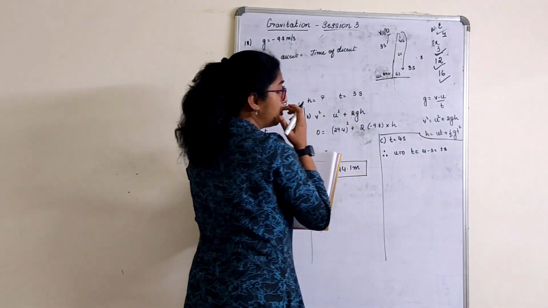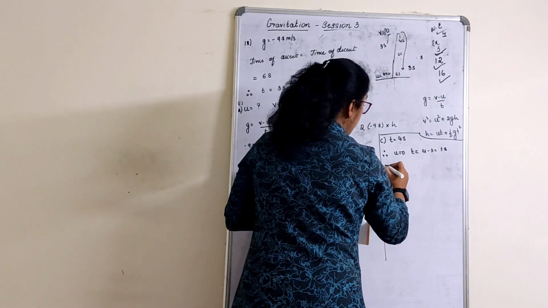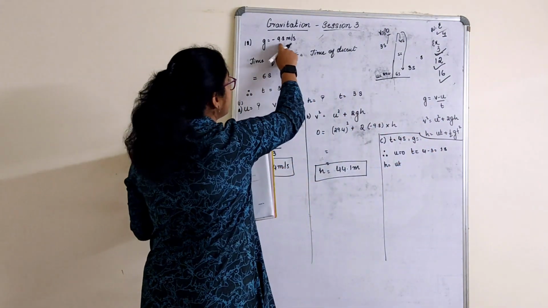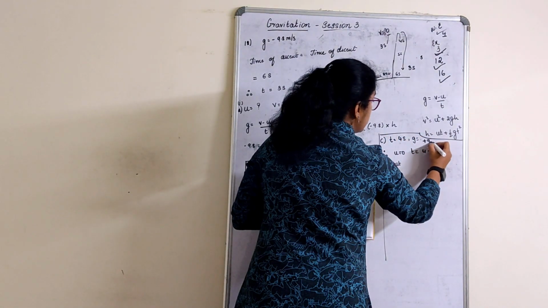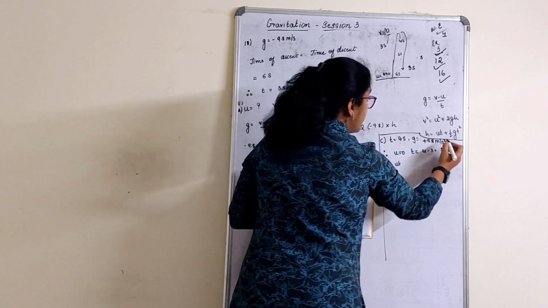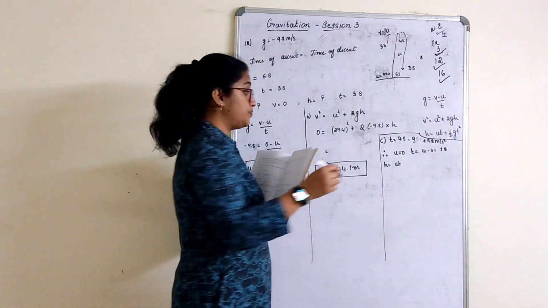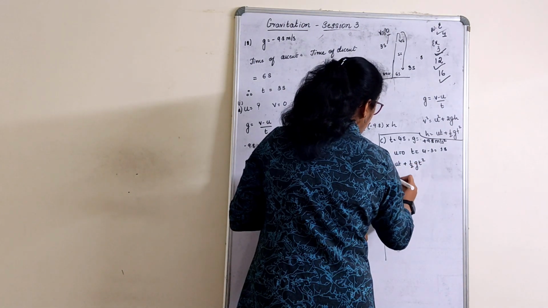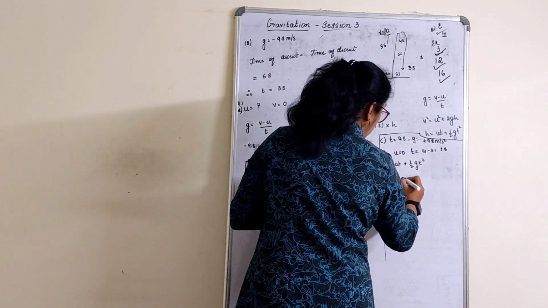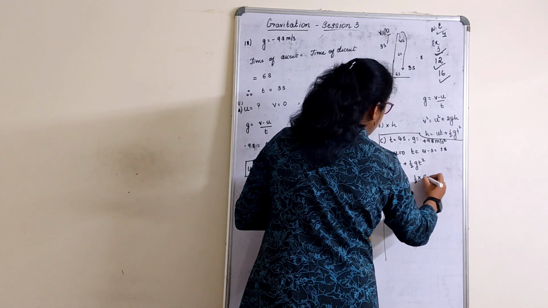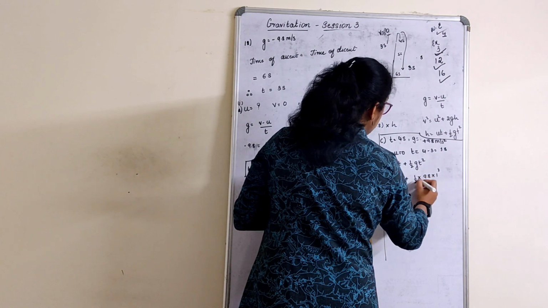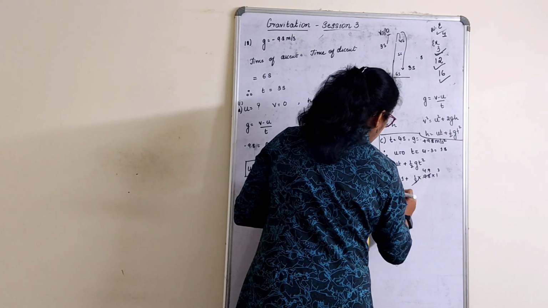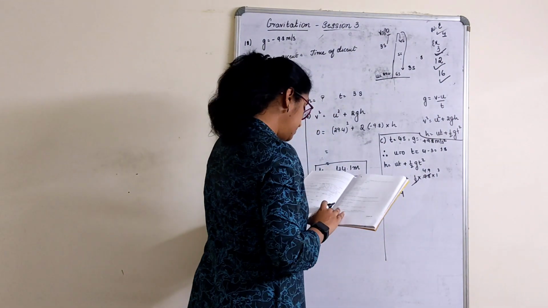At what height did the ball reach? We have to find it. So with this we will use h is equal to ut plus half gt square. And what is the g value? g was minus here, right? So g will be plus 9.8 meters per second square, because now the ball is falling down. So 0 into 1 plus half into 9.8 into 1 square. 2 1s are 2, 2 4s are 8, 2 9s are 18. So h is equal to 4.9 meter.